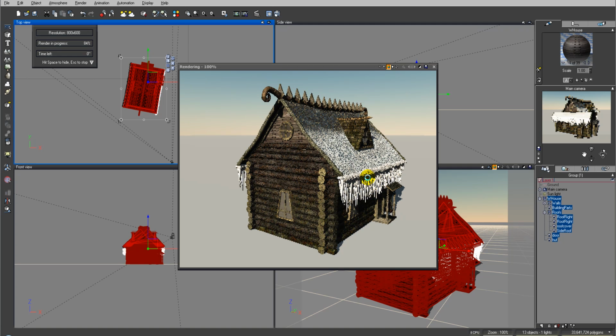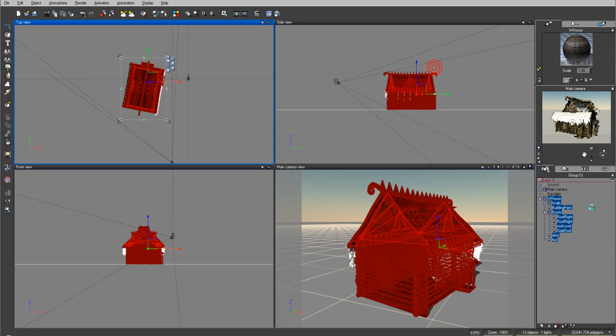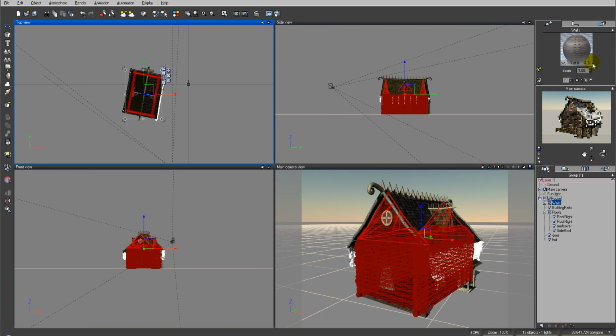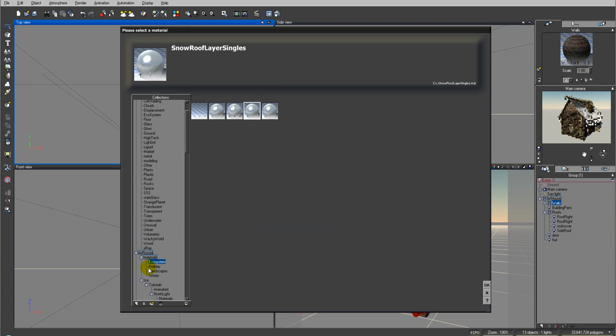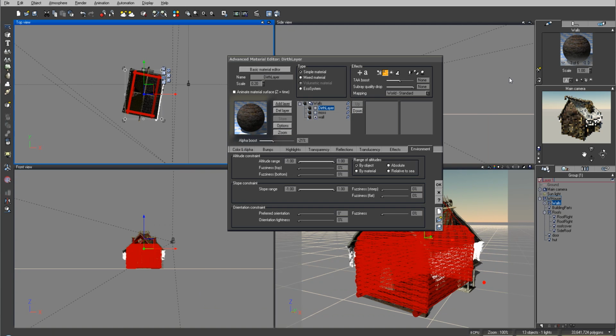We also can go ahead and apply additional materials to the wall. As an example, right here, we can just select the wall. Okay, we'll go to add layer, and we can just add a frost layer to this. Okay, one thing, when you add any additional layer, be sure the scale is properly set. Okay, this is for the side of the house. We can also add right here as well. Okay, let's add an additional one to this point, and